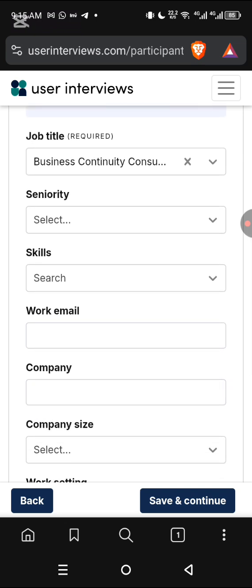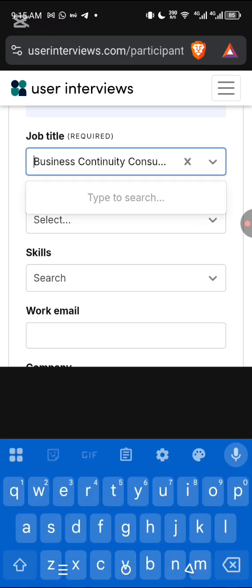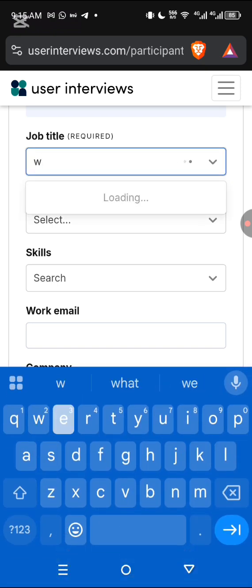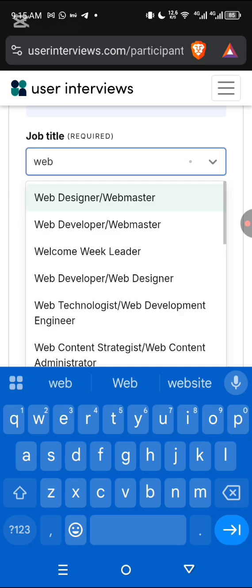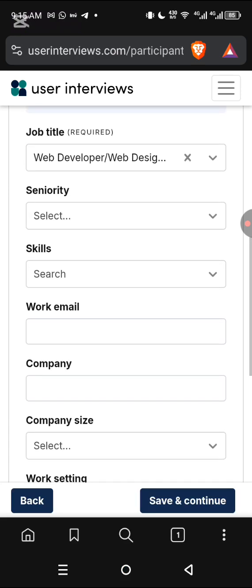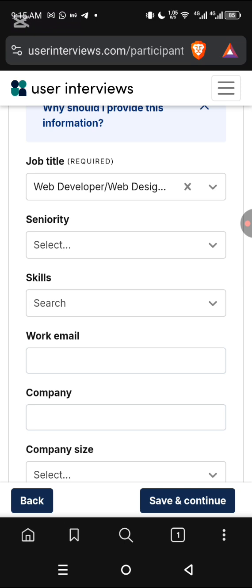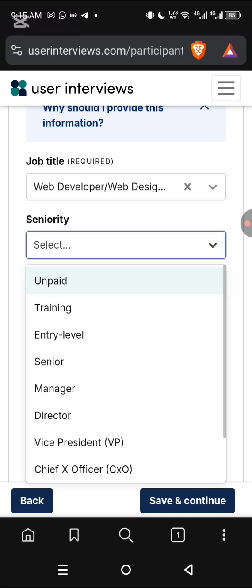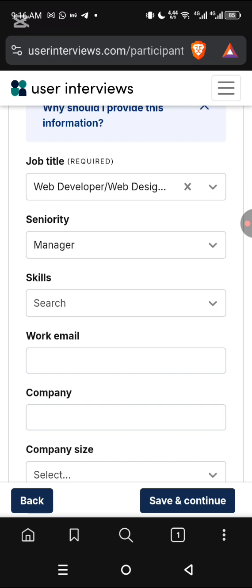You can go for anything like information technology, like graphic designing, some other things that is there. So let us check. Maybe they have website design. Okay, this is it. They also have a website designer. So you can also go for it. So that's that. Okay, let me just go for website designer. So seniority, let them know that you are a manager. Skill,